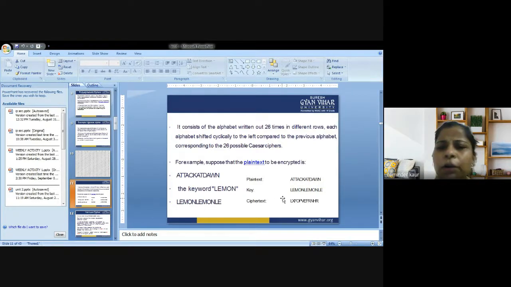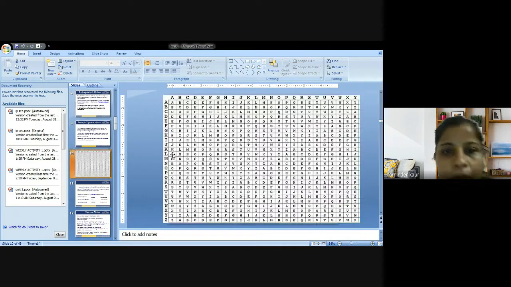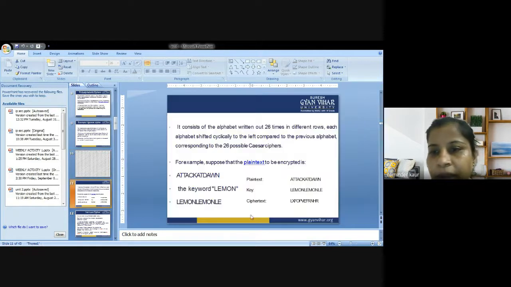So how are we going to generate the cipher text here? Now we are going to see A and L in the representation of this one. A column and L row. Wherever there is a junction, we are going to retrieve that letter and that is replaced as the ciphertext. So that is our ciphertext. A column and L row, that is L. So that is why it is L.